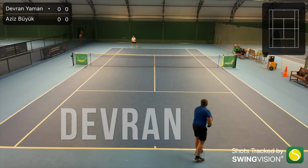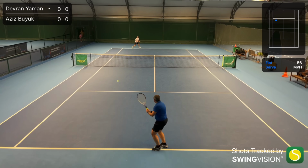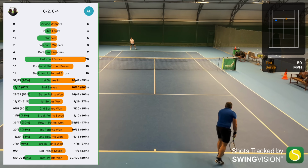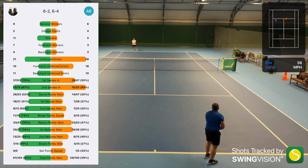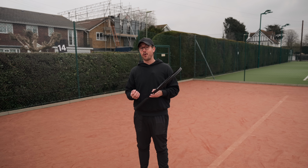Next up, we have Devran's serve, who is actually very different to Ben's serve. Devran was really consistent with a first serve percentage of 70%, with only 2 double faults in a full match. But in my opinion, this is at the cost of effectiveness. Now, this consistency is great for second serves, but I really think that Devran could get more out of his